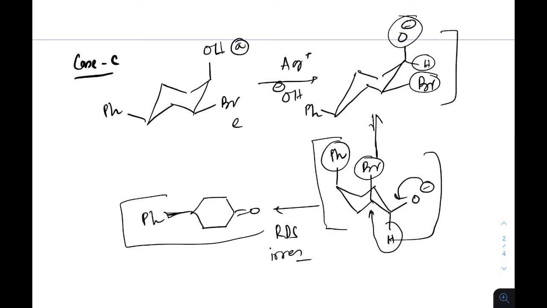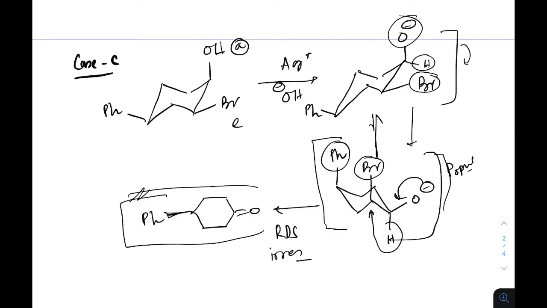Therefore, if the population is low, no problem, the rate will be slow, but the reaction will happen, because this step is reversible. After forming this type of structure, it will undergo conversion to product, and some of this structure again will convert to this structure according to Le Chatelier's principle, and again this amount of intermediate will undergo conversion to product. Gradually this type of reaction will go on, right?